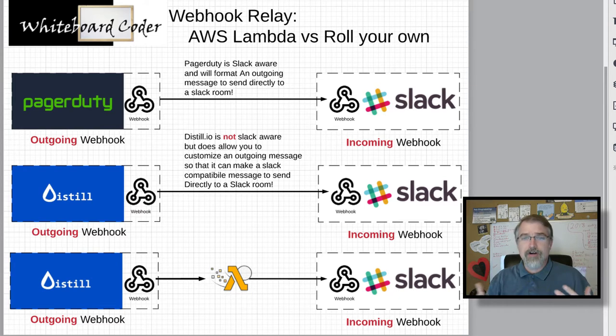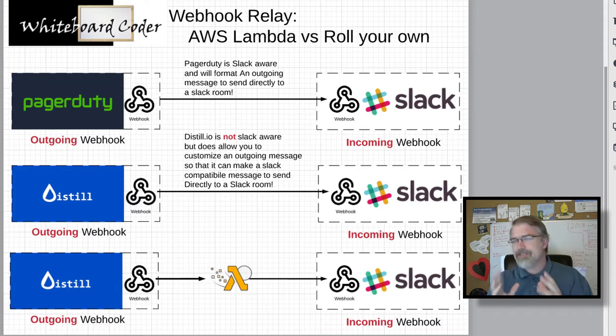There's a few different things that could occur. One, you might have something like PagerDuty, which, yes, you can have custom webhooks, but they also have outgoing webhooks that are Slack aware. And so you can basically say, I want an outgoing webhook to go to a Slack incoming webhook, and here's where it is, and it will just all work just fine, and PagerDuty will do the correct format that Slack understands. There are other things like Distilio, which I recently did because someone asked a question about it, where